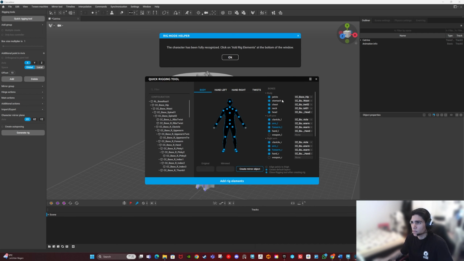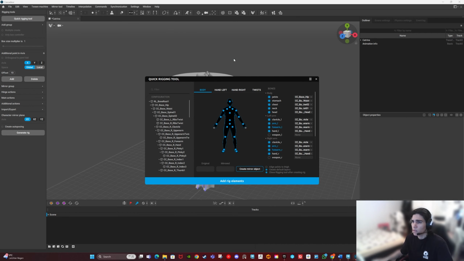has been fully recognized in this case because it's a humanoid character, and that means that all these blue dots, they have been recognized by the scene and have been adjusted. So it's highly recommended here, very important, that you have a correctly named hierarchy for your bones, especially with left and right, because should it only recognize one side, then you can mirror it and can save a lot of